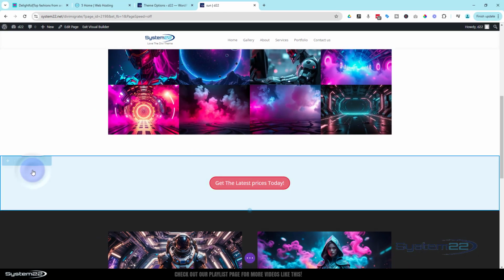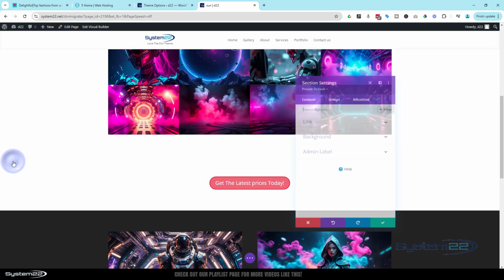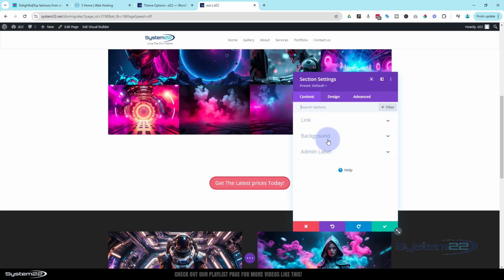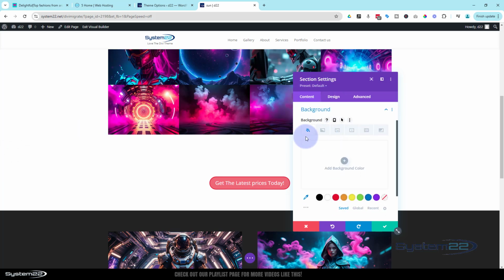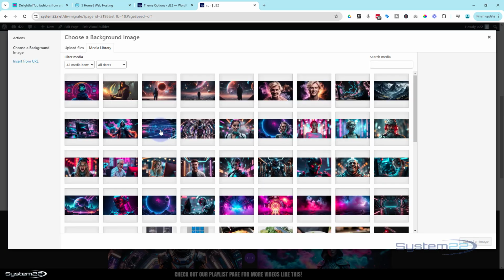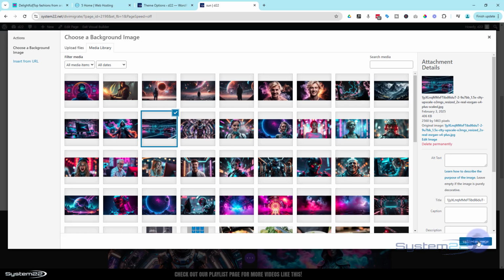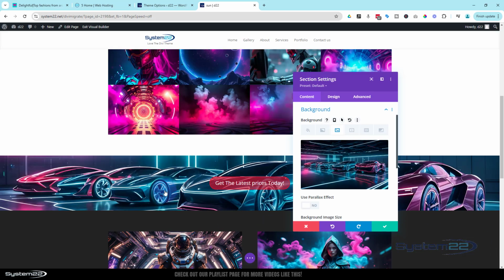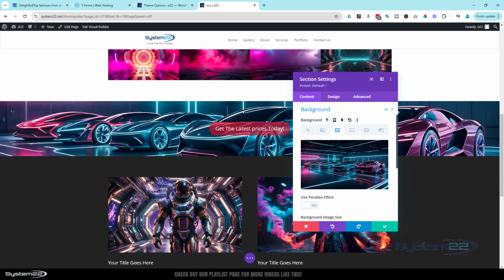Going to go into the section, the blue tab. Hit the little cog. Background's always under content. Let's choose an image. Third one across is an image. And I think we use these crazy cars. As you can see, that puts that in the background, but that's just a regular image right there if we